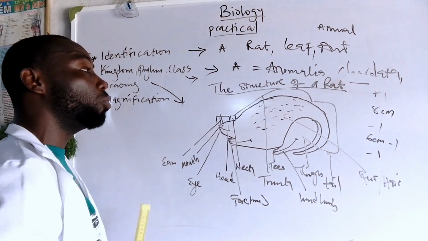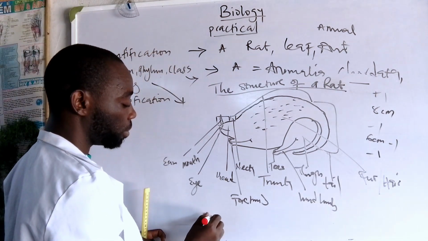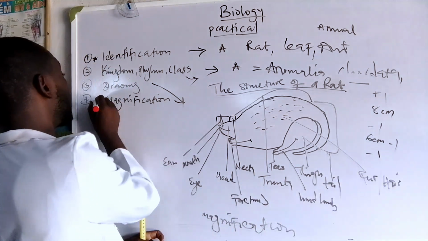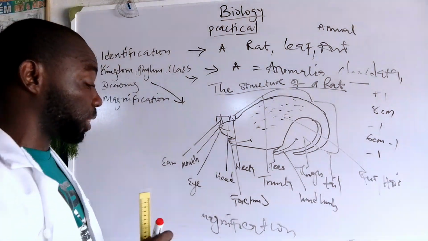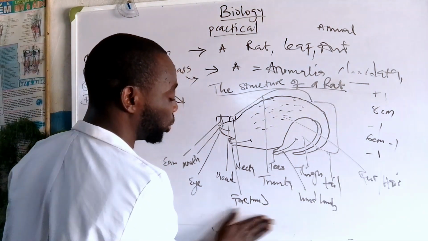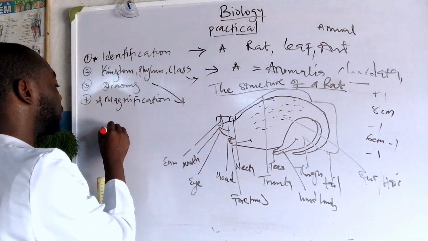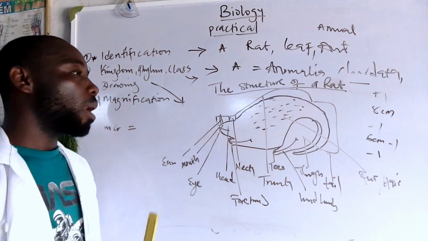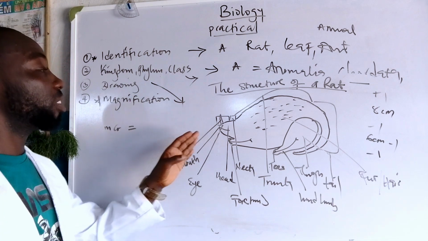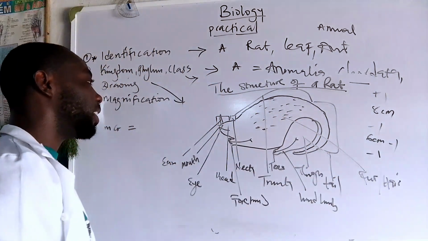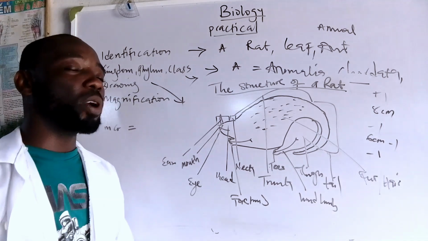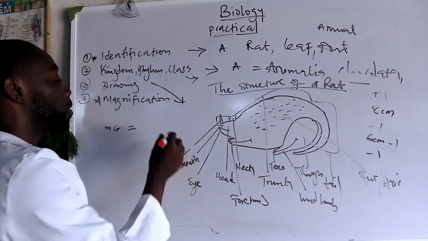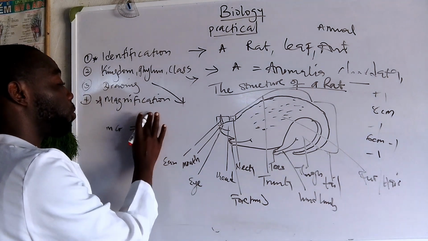Now here, another thing you should look out for is magnification. Okay, magnification. It is very, very important. And sometimes we denote it with mg. Now, what is this magnification? After you must have finished your drawing, the next thing you do is calculate the magnification. And how do we calculate the magnification? The magnification is calculated by the actual, or you just say size